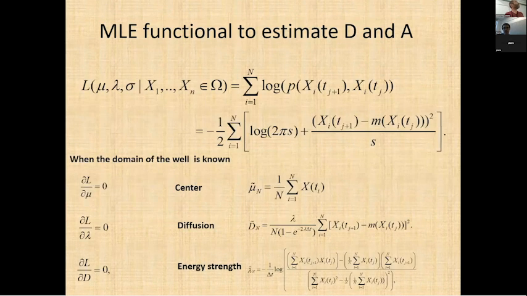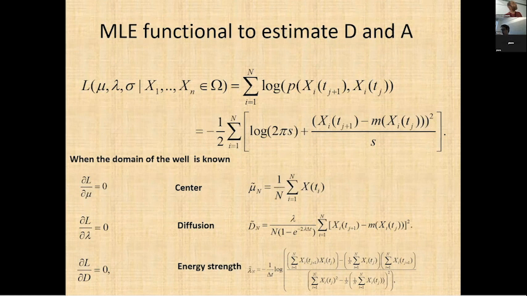There's a maximum likelihood estimator, which is basically, given the data inside your domain, how you estimate the center, the diffusion, and the energy. So there are formulas to do this. It's a classical maximum likelihood estimator. Again, no point of discussing all of this here, but just to say that you have the formulas, and we implemented those formulas. And the difficulty